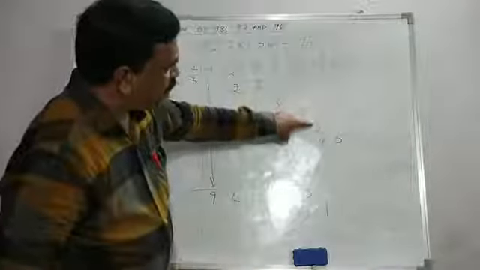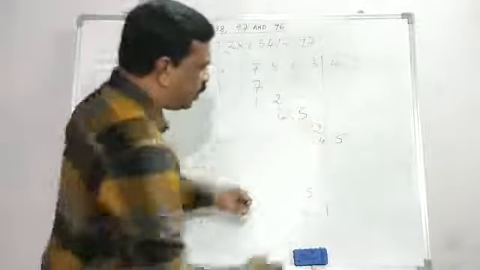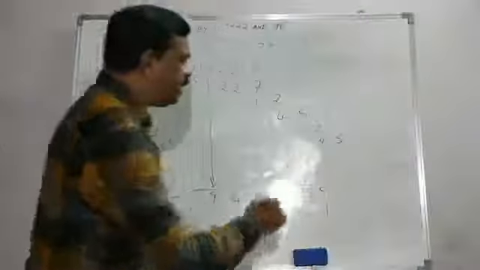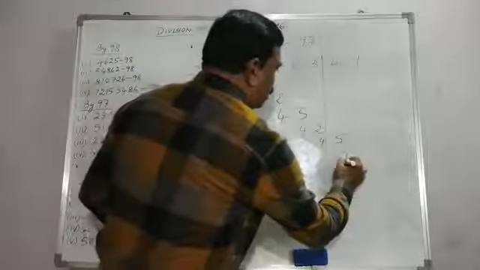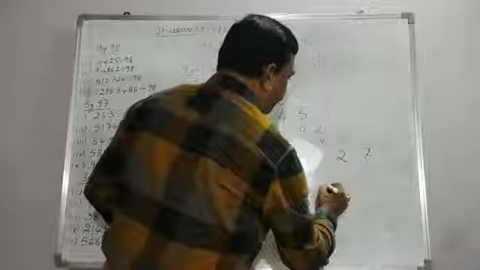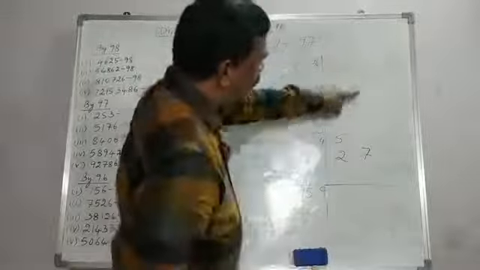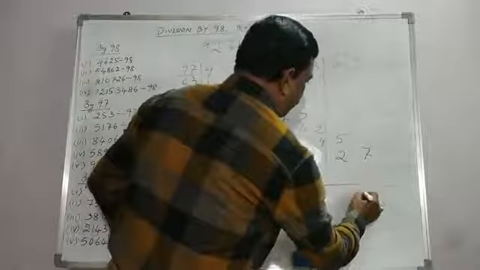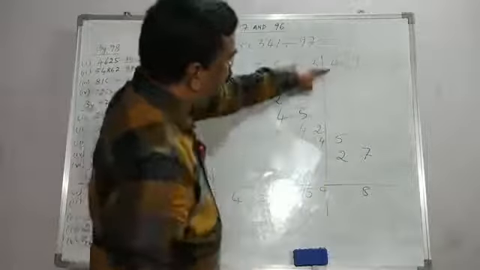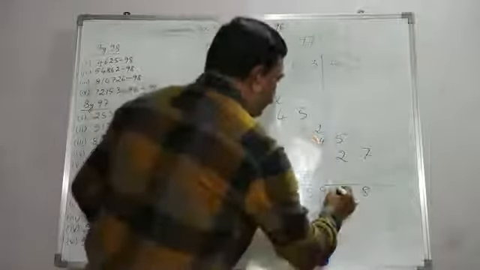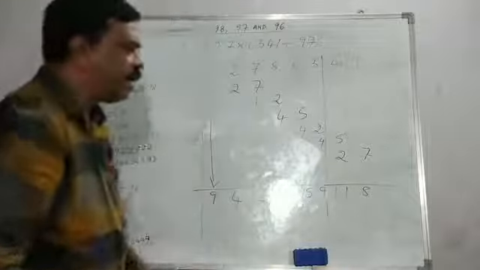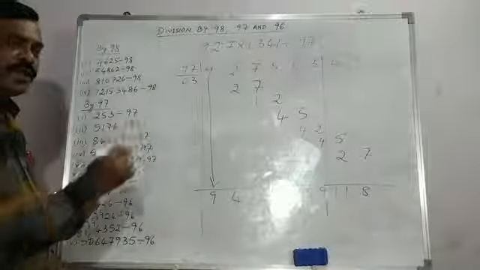3 plus 2, 6, 3 plus 2, 5, 5 plus 4, 9. We are getting single digit here, 9. 3 9s are 27. So we get 2 here, 7 here. Now see, 1 plus 7, 8, and 4 plus 5, 9, 9 plus 2, 11. 180 we are getting in the remaining part, but that is not our final remainder.